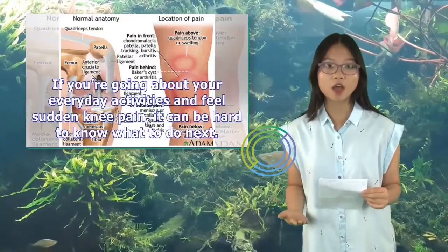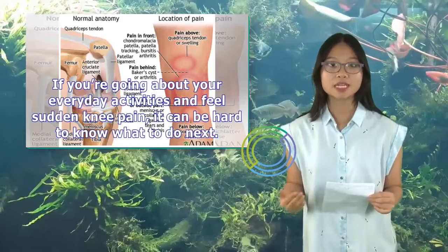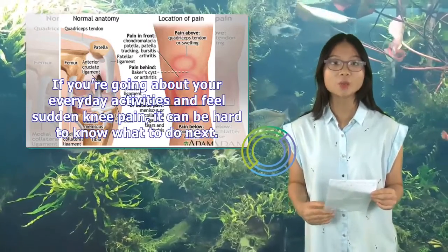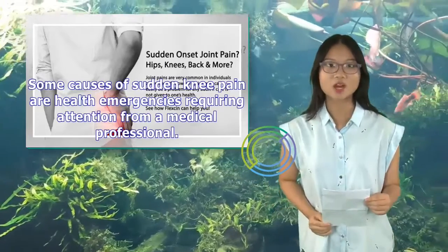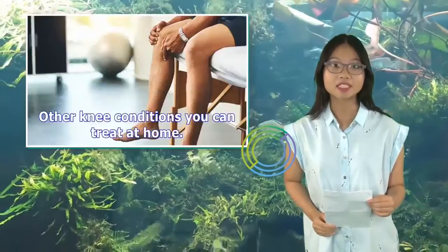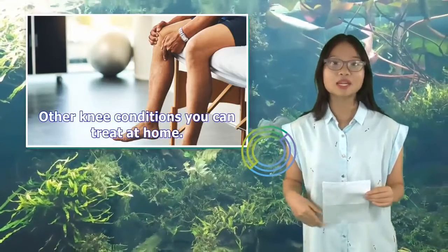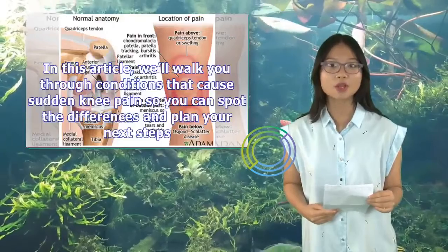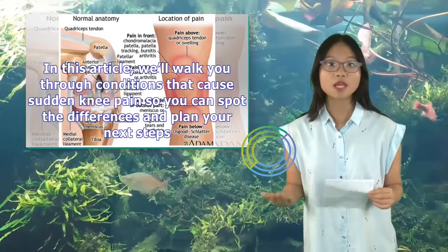If you're going about your everyday activities and feel sudden knee pain, it can be hard to know what to do next. Some causes of sudden knee pain are health emergencies requiring attention from a medical professional. Other knee conditions you can treat at home. In this article, we'll walk you through conditions that cause sudden knee pain so you can spot the differences and